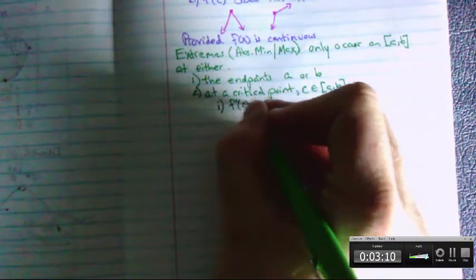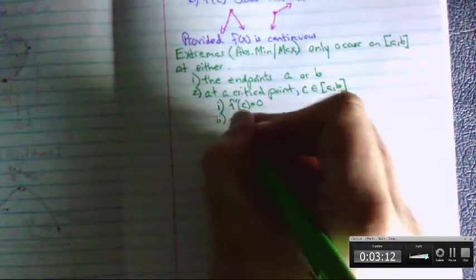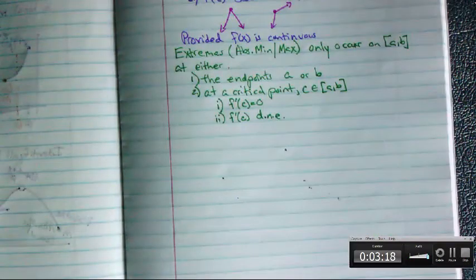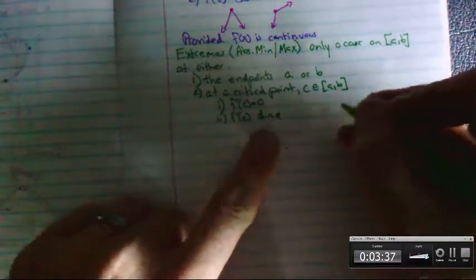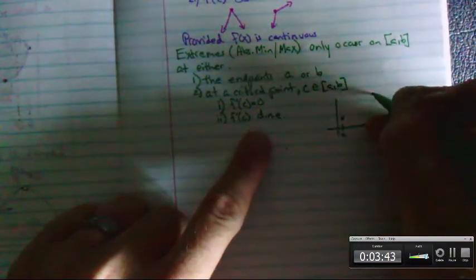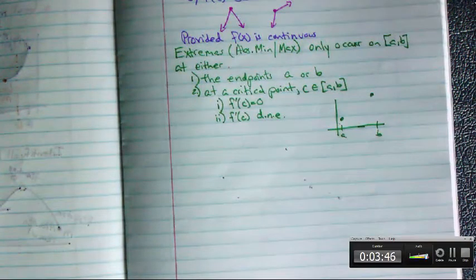And of course, there's some cases to this. The derivative at that point is 0, or the derivative at that point does not exist. Extremas, the highest point on an interval and the lowest point on an interval only occur either at the endpoints. Okay, so either A and B are your highest and lowest points, or if you draw some kind of